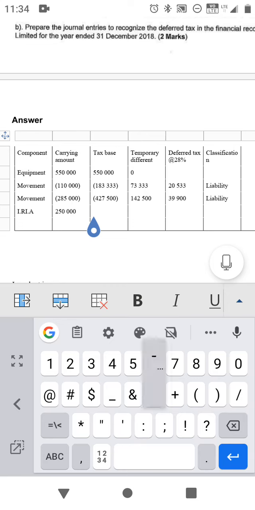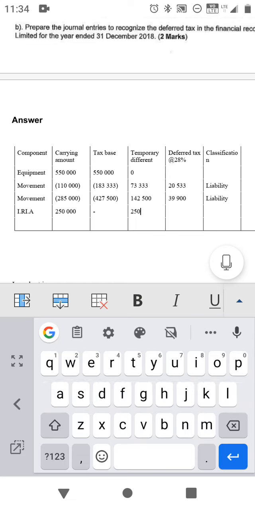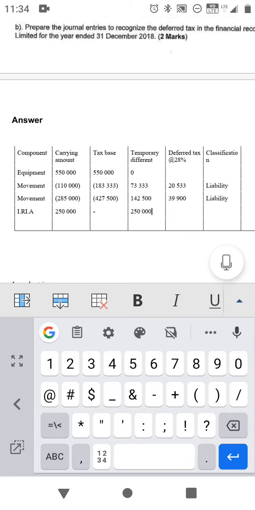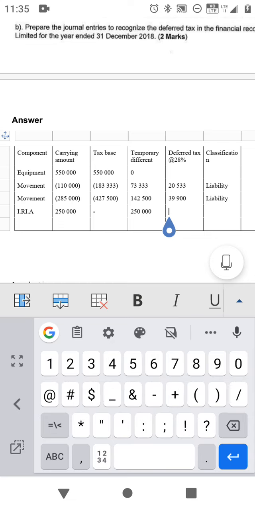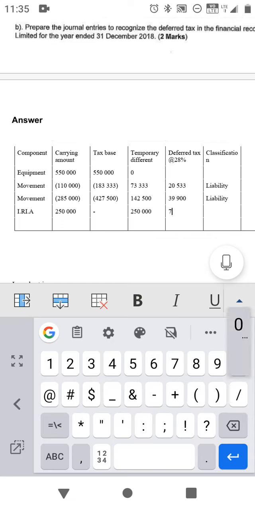No, they don't have that, which means that the temporary difference will be 250,000. Then now we have to calculate deferred tax. 250,000 multiplied by 28 over 100. Then the temporary deferred tax will be